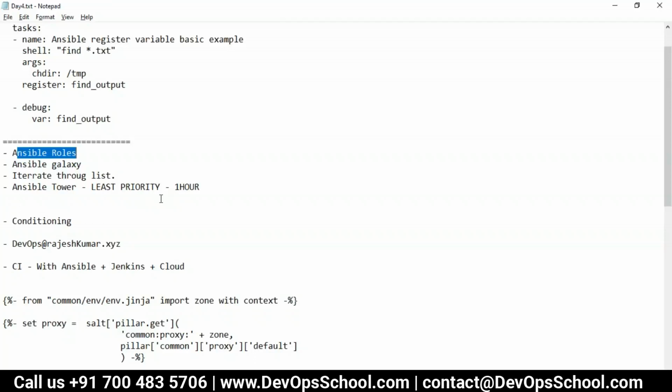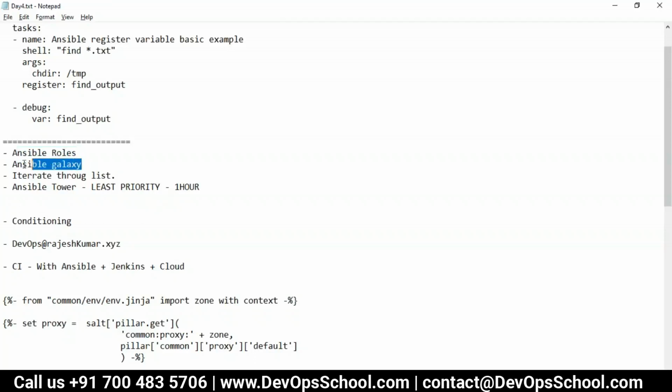For example, let's say you want to install Java on hundreds of machines. Are you going to write roles for this? No. You want to install, let's say, Tomcat, JBoss, IIS, or some other common tool which is publicly available, and hundreds of times people have done it in the past. So are you going to redo the work and spend days and weeks writing production-ready roles? Answer is no.